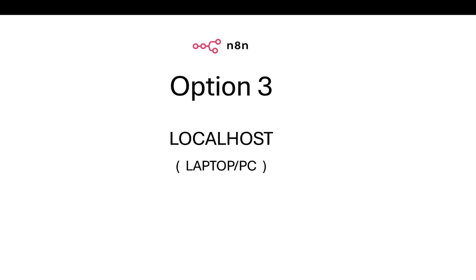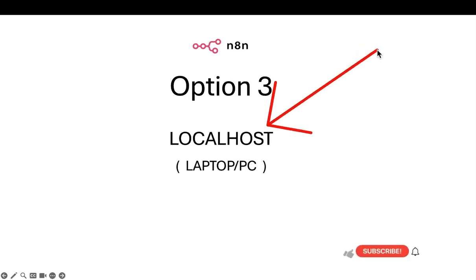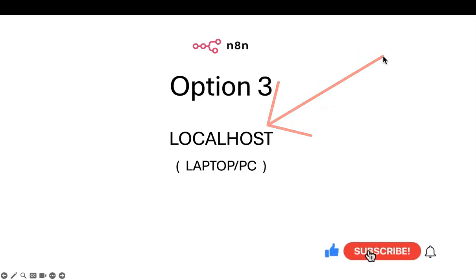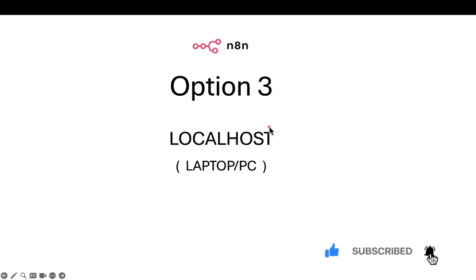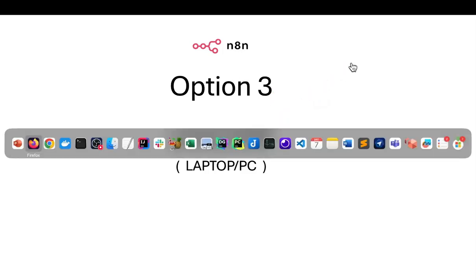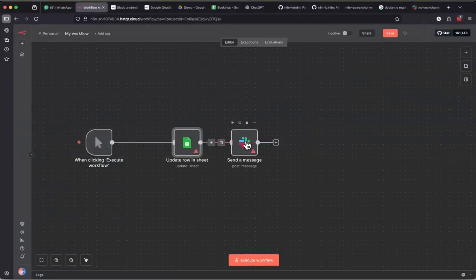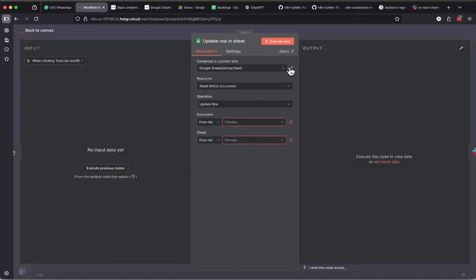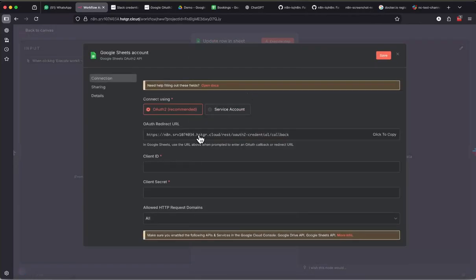Now coming to localhost, there will be a problem for your OAuth 2. Localhost is very good when you are experimenting locally and no server or internet authentication or authorization is required. For example, when you do, let's say, Google authentication, you want to create a new credential here. When you click here, it generates, like you see here,